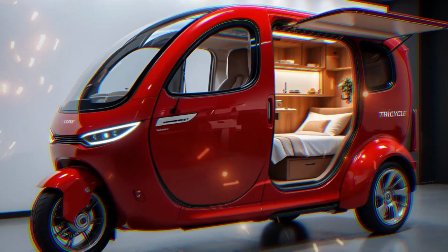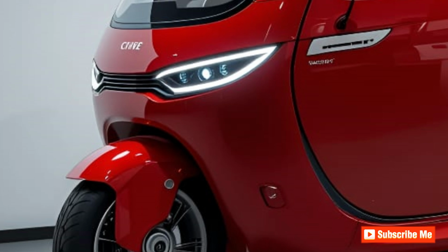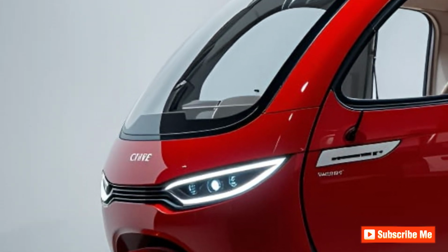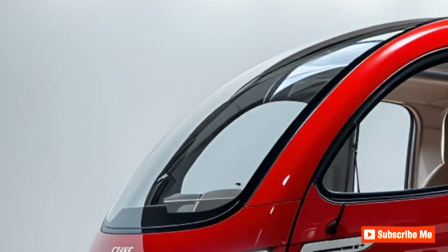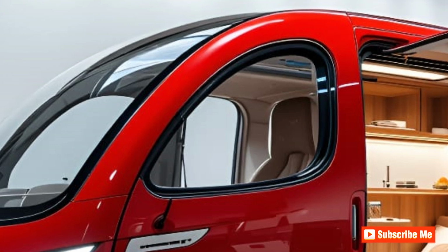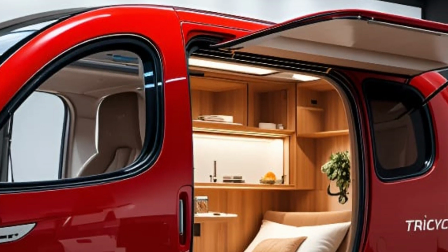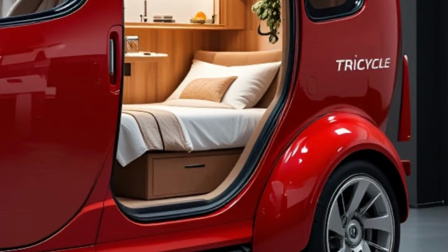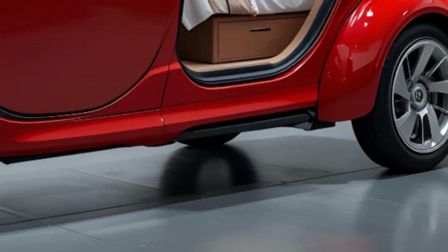The 2025 Mint Red Trike camper is redefining what it means to travel light, smart, and in style. This compact yet head-turning machine isn't just a vehicle. It's a lifestyle statement for adventurers who want freedom without sacrificing personality. The mint red finish immediately draws eyes, blending a sense of fun with futuristic charm. Whether you're parked at a coastal campsite or cruising through the city, this Trike camper stands out without trying too